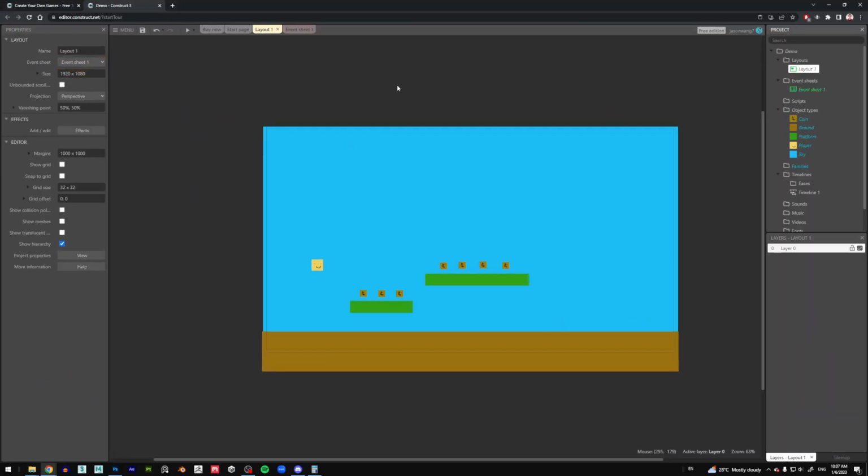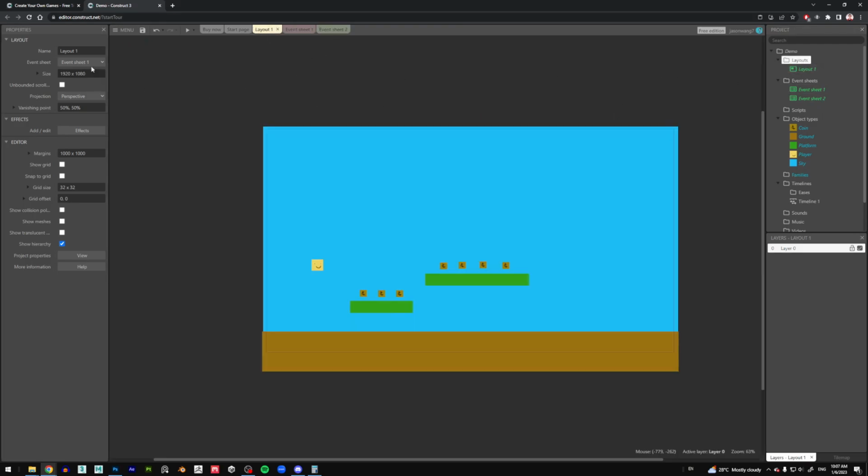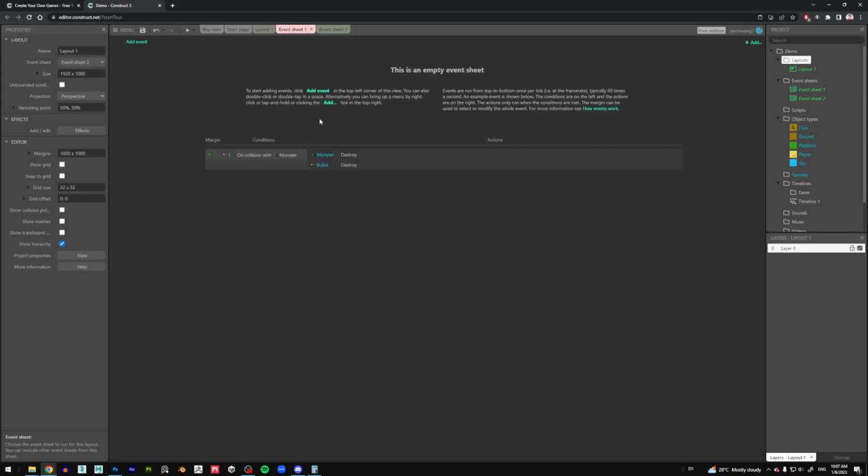Let's say I have another event sheet over here called event sheet 2, and my layout 1 is being controlled by event sheet 2 instead of event sheet 1, then I go and do my scripting on event sheet 1,